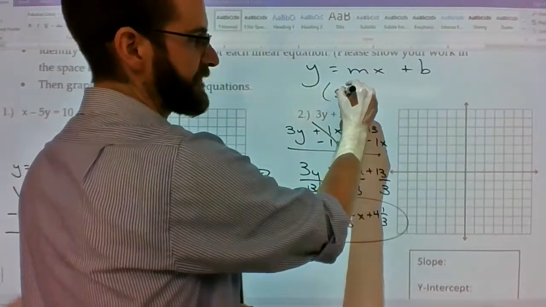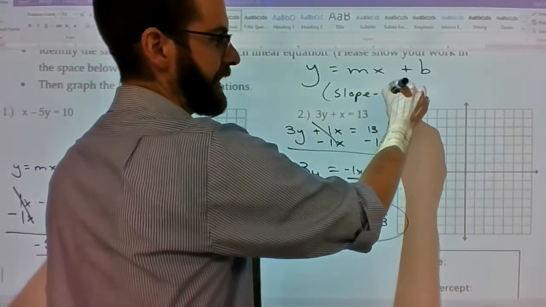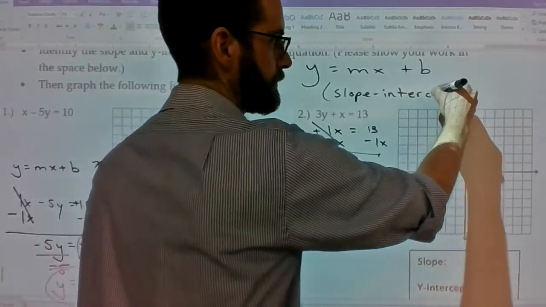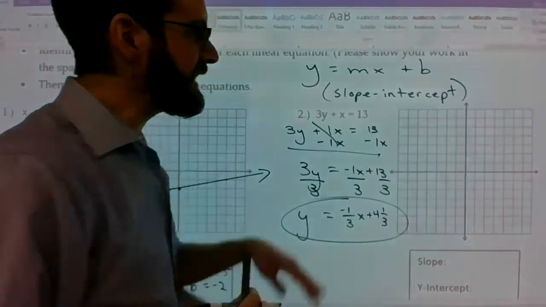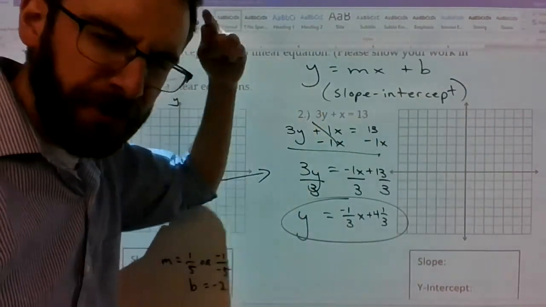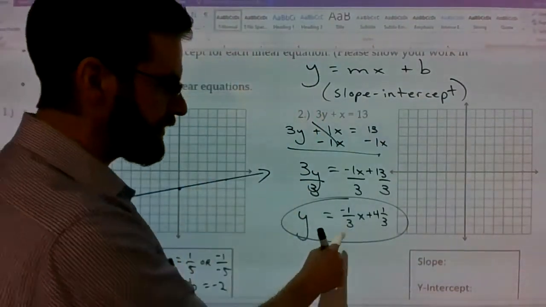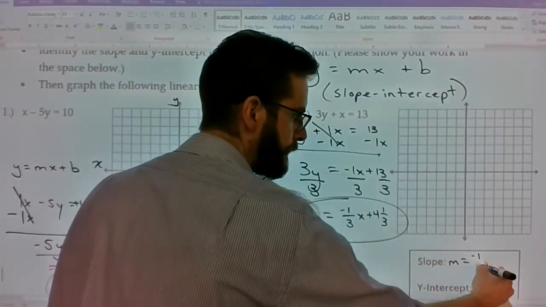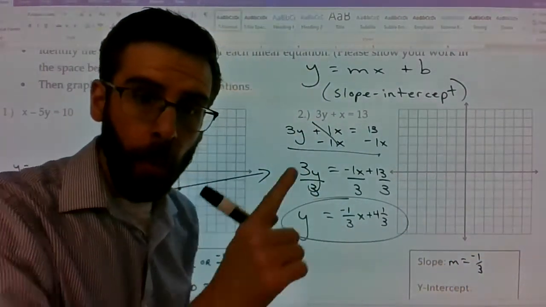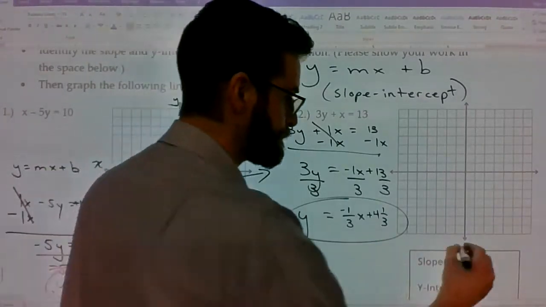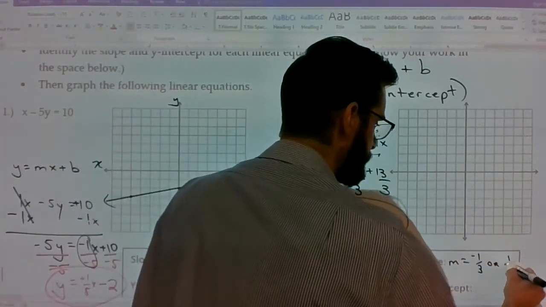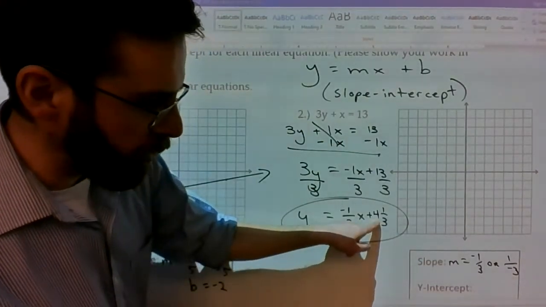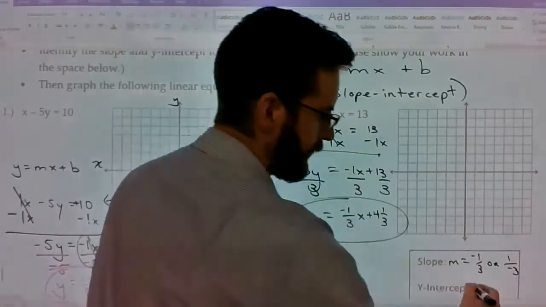Remember, by the way, this is slope-intercept form because it gives you the slope followed by the y-intercept. Keep that vocabulary term firmly planted in your brain. So then the slope is going to be negative 1/3 or 1 over negative 3. And then your y-intercept is going to be plus 4 and 1/3. So b